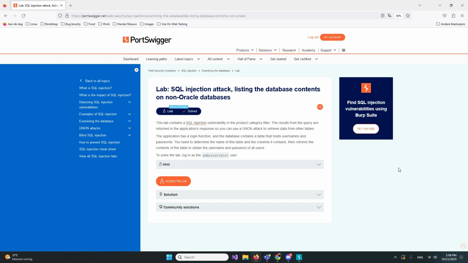Okay, so the next lab we're gonna cover is this SQL injection attack. On a non-Oracle database, like it's already good information that we have. If you read this, we're gonna already access the lab. Let it just start. This lab contains a SQL injection vulnerability, and the goal is to solve the lab, login as an administrator